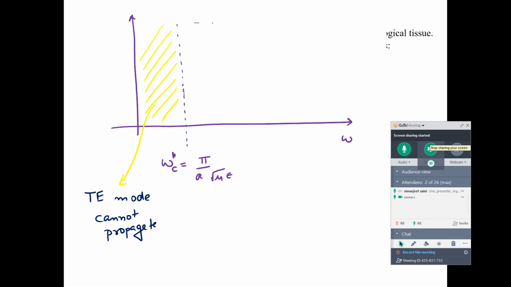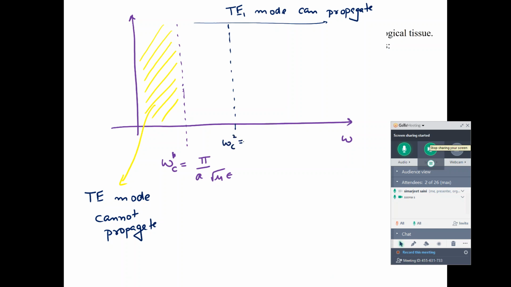For regions above that, TE1 mode can propagate. You can have solutions. You can have an electric field distribution which will propagate with the TE mode. When you go to a different frequency now,